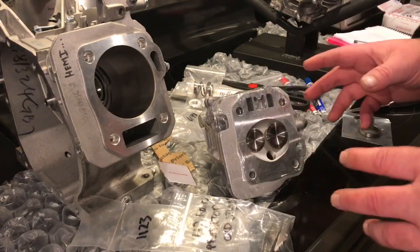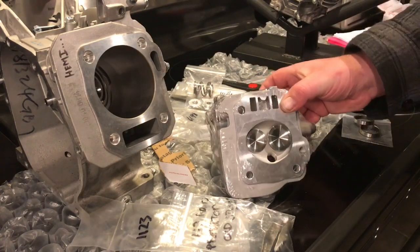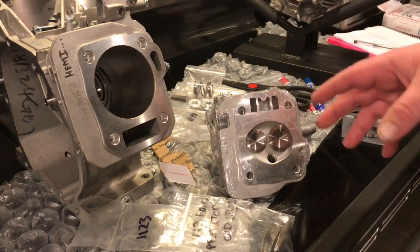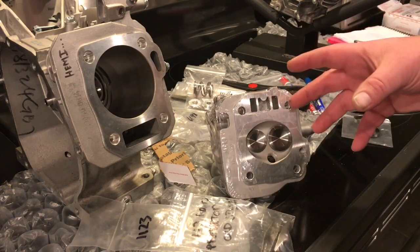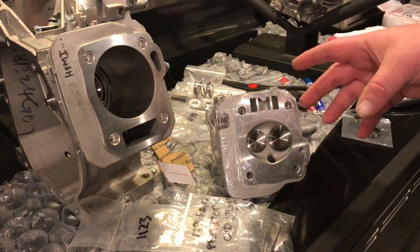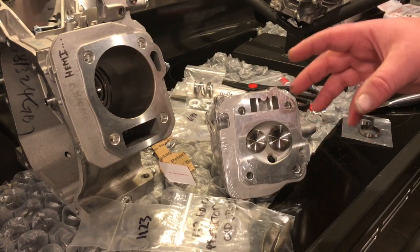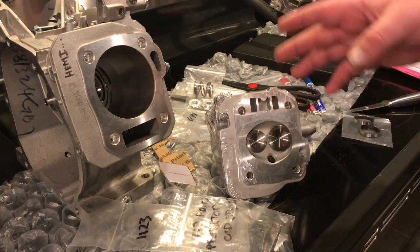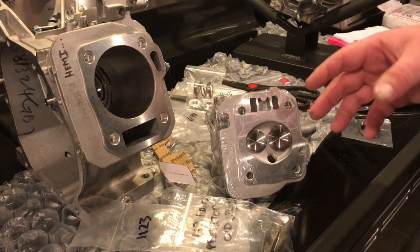And just another tidbit of information to add into this. Now this cylinder head, block and cylinder head, this has been asked of me to make 18:1 compression ratio. Why I don't like 18:1 compression ratio is there gets to be a point of what's called diminishing return. Now, as your engine's pumping,